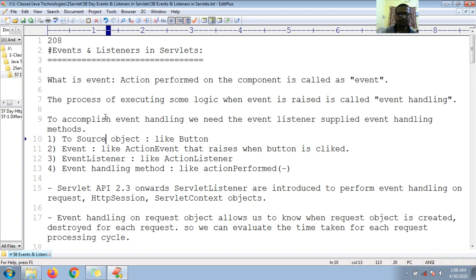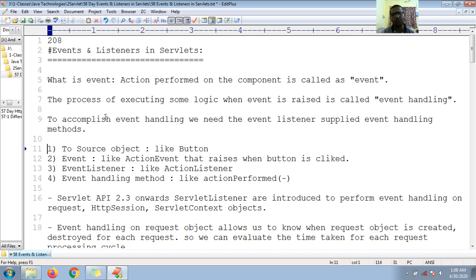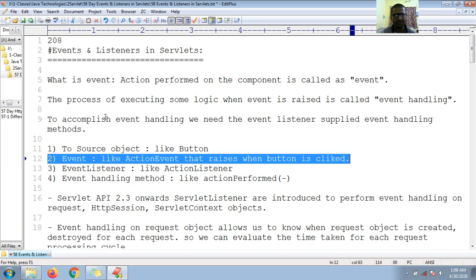Those event listeners are interfaces. Most event listeners are interfaces in Java. So what do we need to accomplish event handling? First of all, we need a source object, like a button. Then events, like an action event, which needs to be raised when the button is clicked.